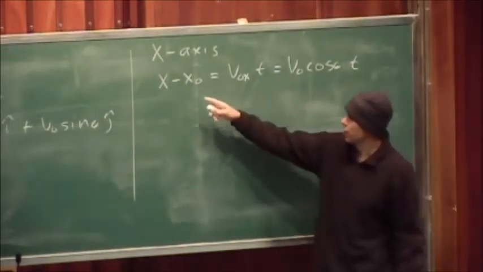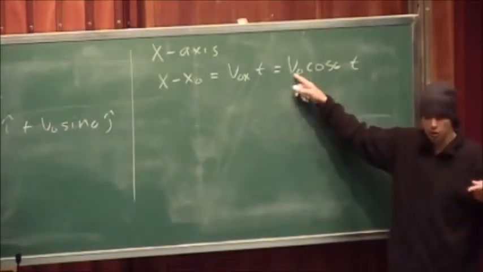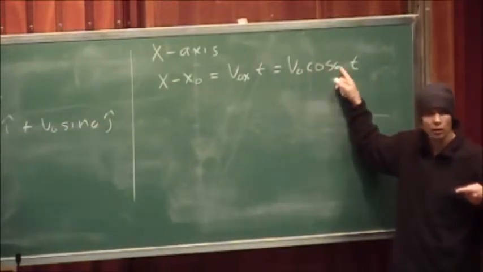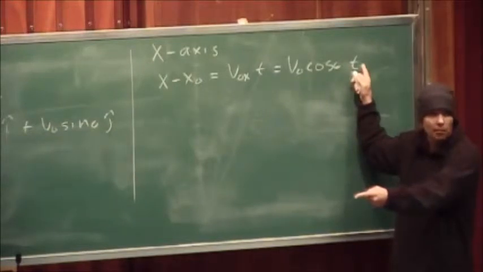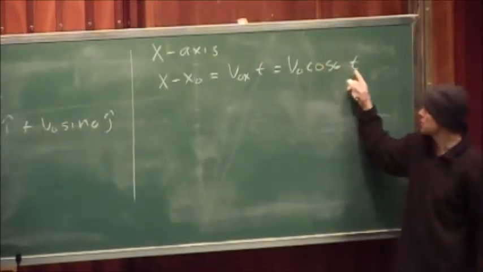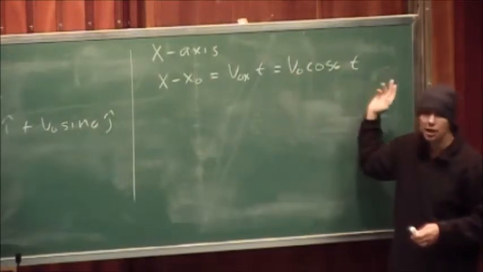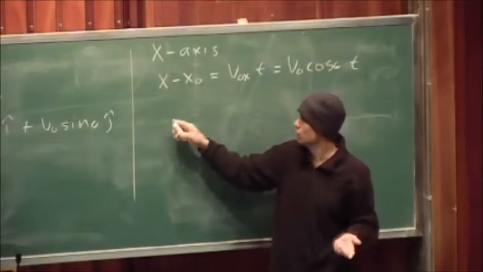Okay, so as a function of time, what we see is that it undergoes a constant velocity, proportional to the component of the velocity in the x-axis times the time. And you can see that this is linear in time, which means that the velocity does not change with time. The second thing I want you to note is that we assume